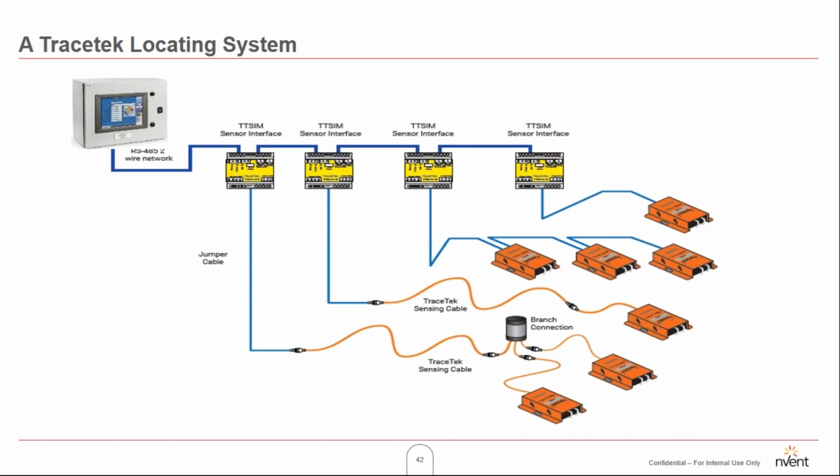In terms of designing the system, as I said, we can go up to 250 modules. Each module can take up to 150 meters or 1.5 kilometers of sensing cable. We can do a combination of sensing cable and the probes on one circuit, depending upon the requirement of the site. We can use branch connectors to take branches from the sensing cable route as long as the sensing distance is met. So there are various design options in which we can design the system to optimize and make the best use of